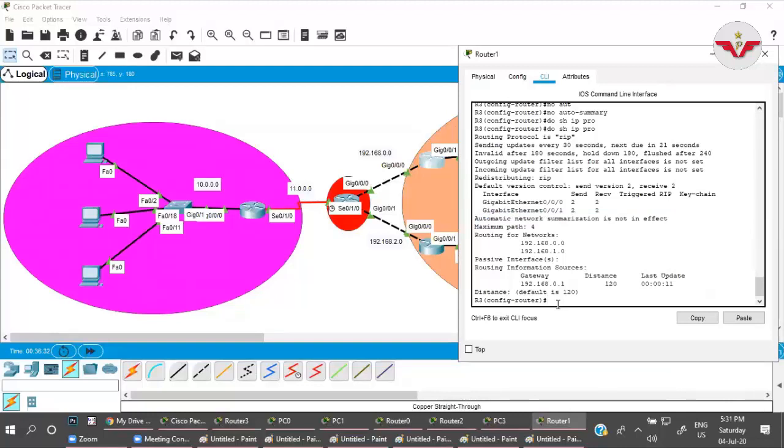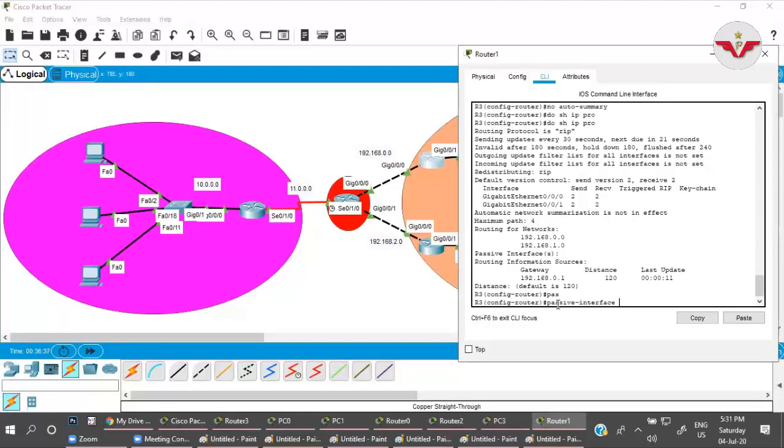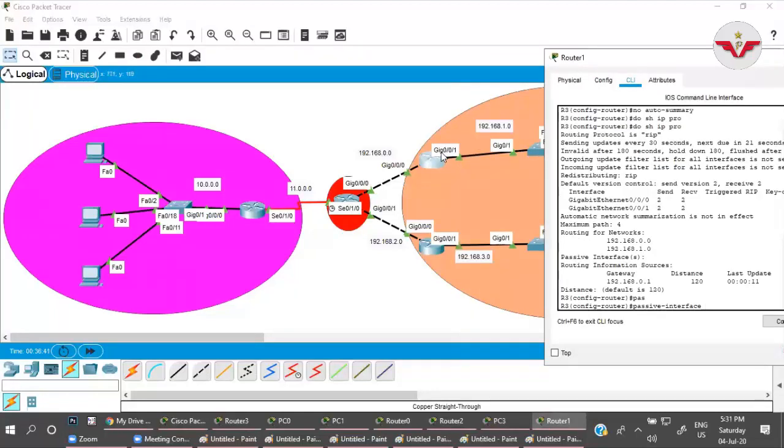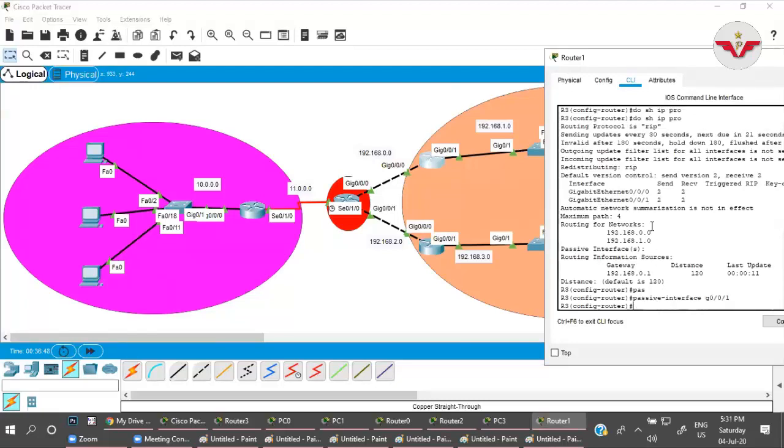Okay, so what is the command for that? Router rip, and the command is passive interface. I have to inform the router that this is the passive interface, this interface s0/0/0 and s0/0/1. Earlier, the passive interface list was empty. Now the router gets the information.